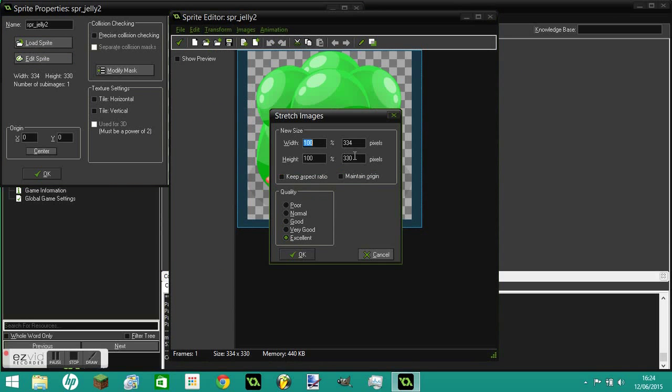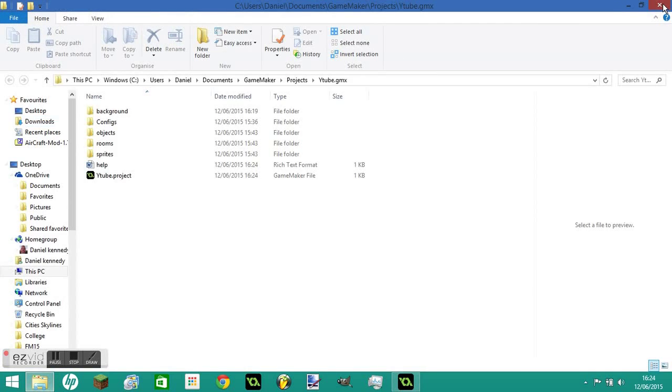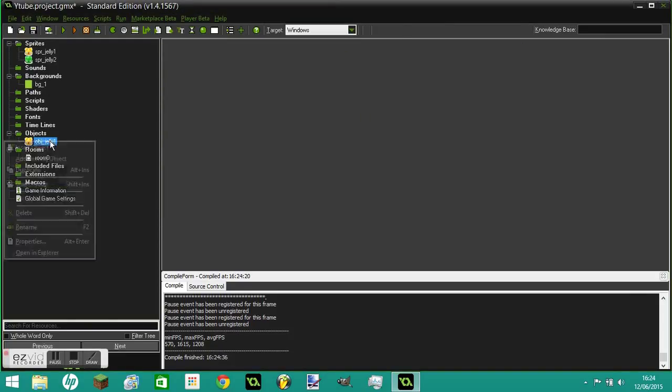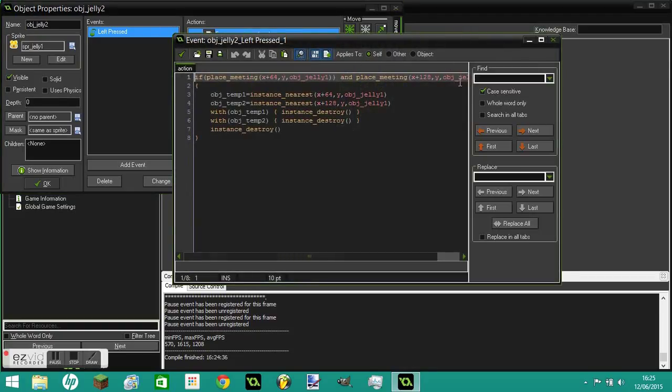That one only. And we want to do instance destroy. And then copy that code. Just change the obj temp2, and then instance destroy. So it also destroys the object you clicked on. So if we do it that way,